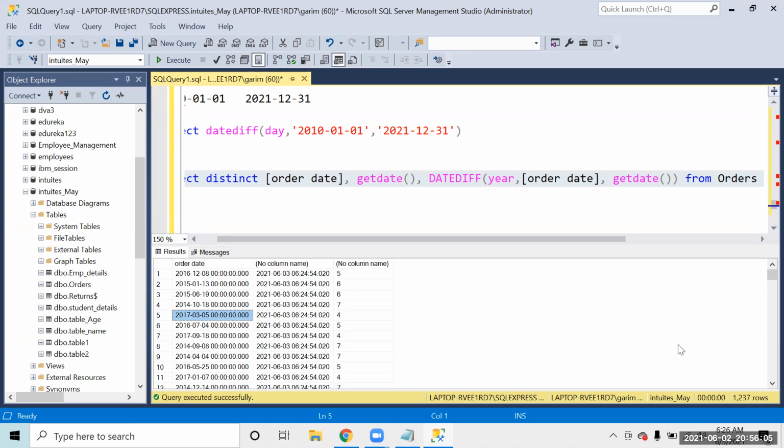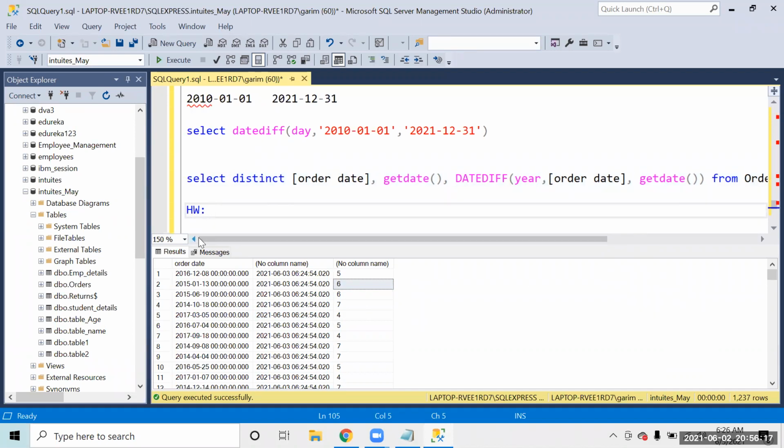If I talk about this guy, his age is correct. He was born in March, and right now we are in June, so definitely he is 4 years. His age is coming as correct. So can you modify this query so that I get the correct age? If the person's birth month has not come yet, then his age should be 1 less. It should not be a simple difference of the 2 years, right? So I want to now fetch the age in a correct manner. Can you modify this query?